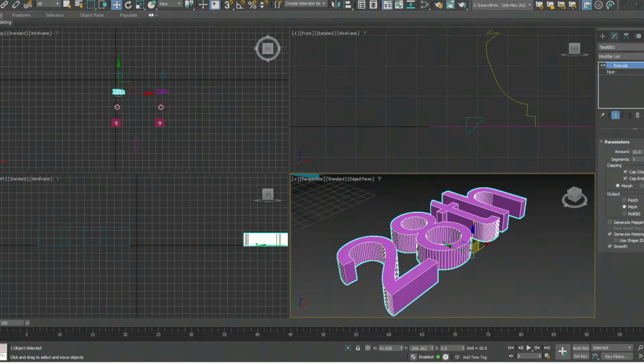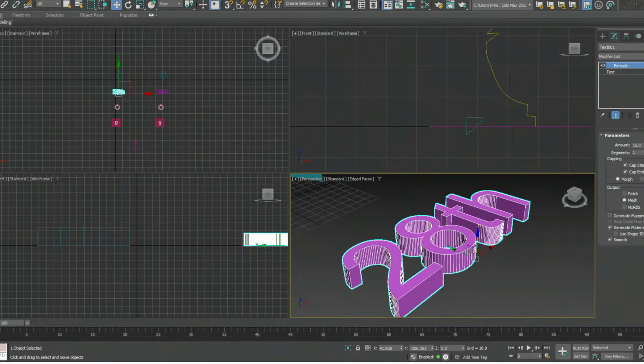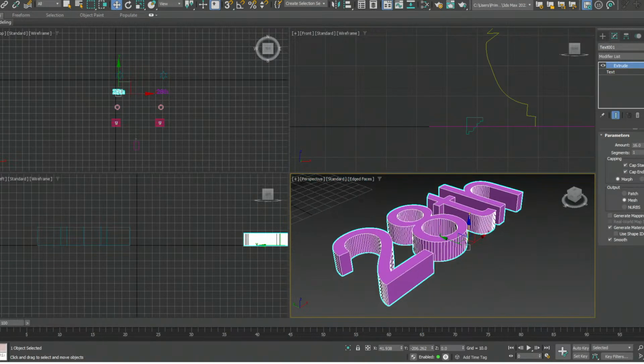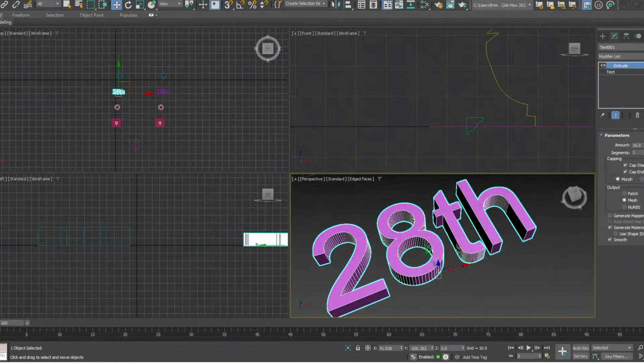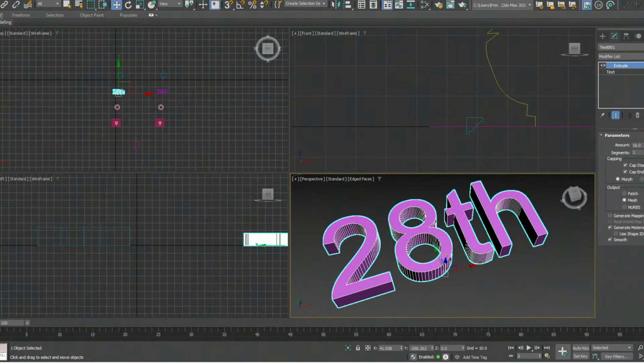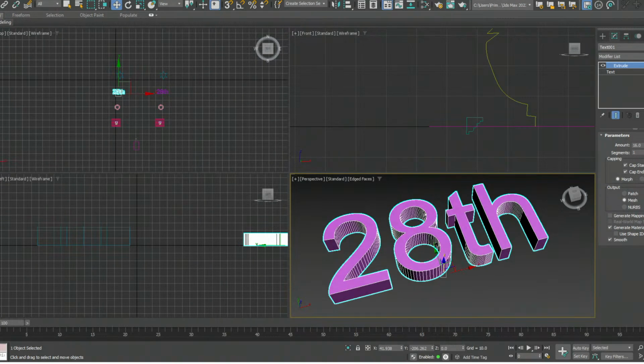Extrude. And basically I just used the same amount I used for my previous object. And this is what we have if you wanted a 3D text. Even if you don't know how to use any of these applications, all you have to do is go in, extrude, perhaps render out a PNG file, and these are specific things you could just Google